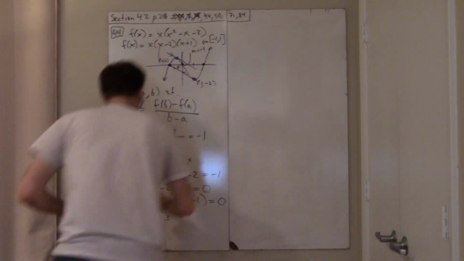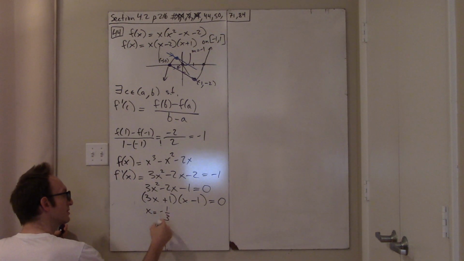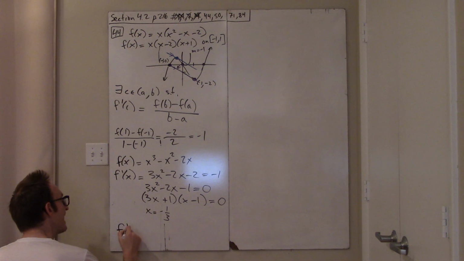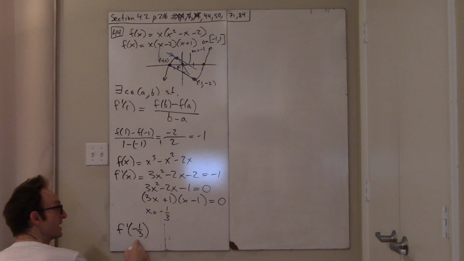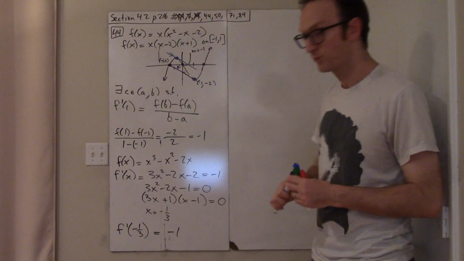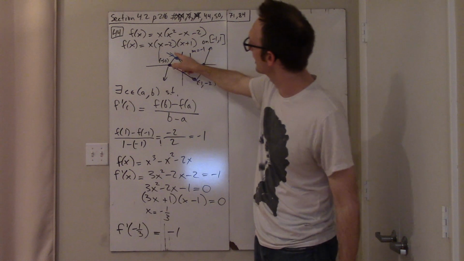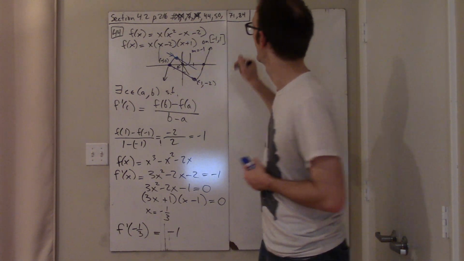And so maybe just to conclude, what is the significance of this x equals negative 1/3? The significance of this is that f prime of negative 1/3, the derivative of f at negative 1/3, is in fact negative 1. So it's at that moment that the rate at which the function is changing is the same as the overall rate of change for this function on this interval. Okay,